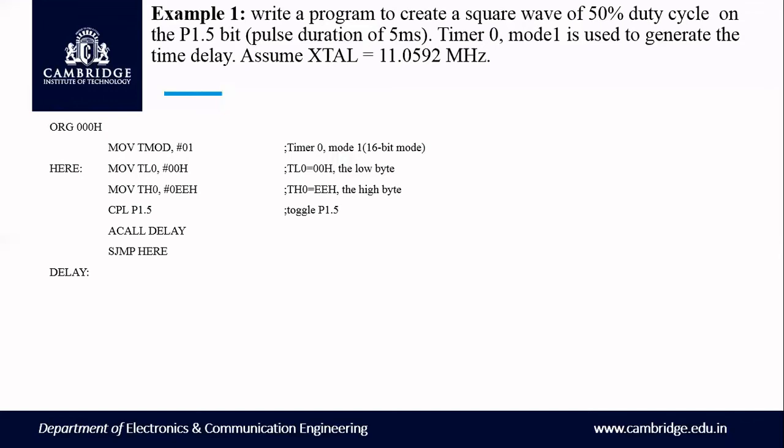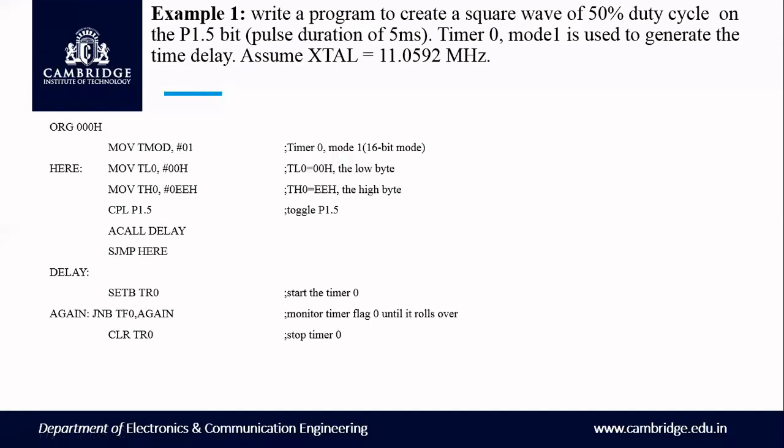After loading the TL0 and TH0 values, start the timer. So set bit TR0, it is going to start the timer. Then we need to monitor. For that we write this particular instruction, JNB TF0, again. So it will remain here itself, which means until your timer reaches the maximum value. It remains here till your timer 0000 becomes FFFF. Then the flag will be set, and it will come out of the loop.